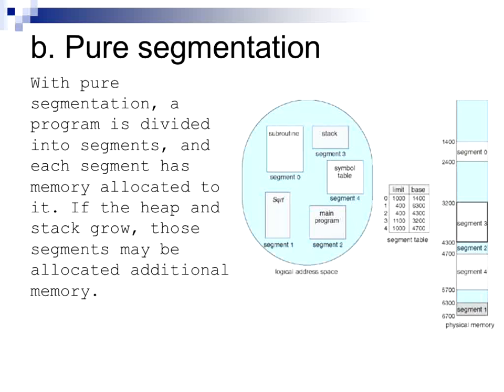Okay, so now let's look at pure segmentation. And again, I have a picture here taken from your book of segmentation. With segmentation, your program is divided into segments. So these different things like the stack and the heap and the code and different parts of the code are actually allocated to different segments in logical memory. So your logical address space matches kind of how you think of your program. If you think of a program in Java, you have variables and you have methods and you have Java libraries that you're linked to and so forth. What segmentation does,